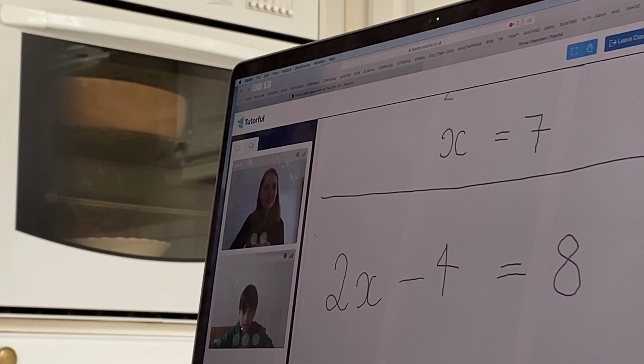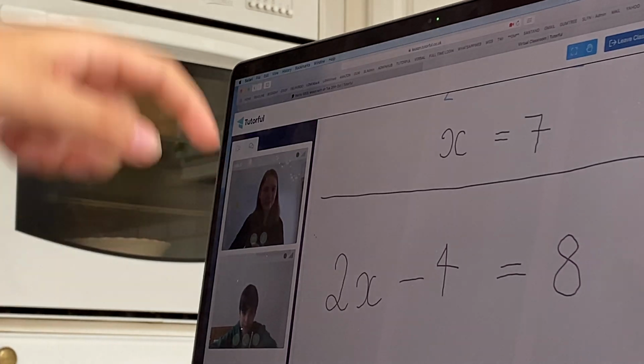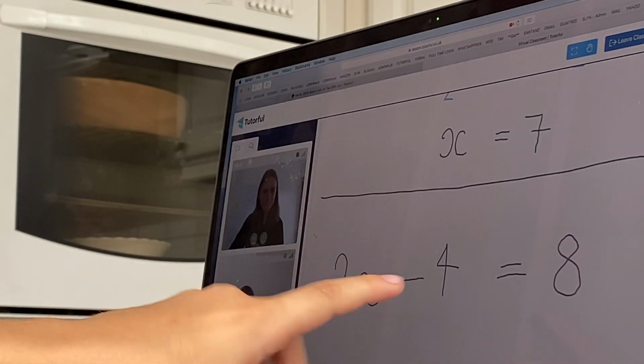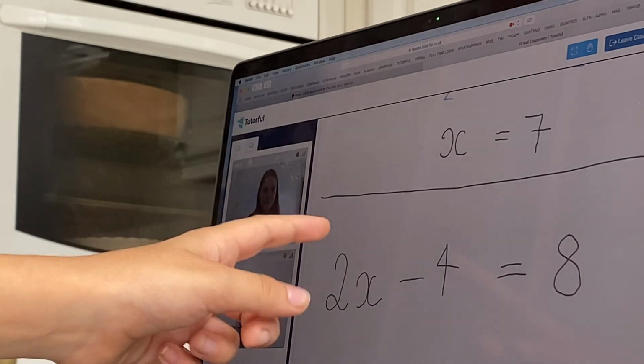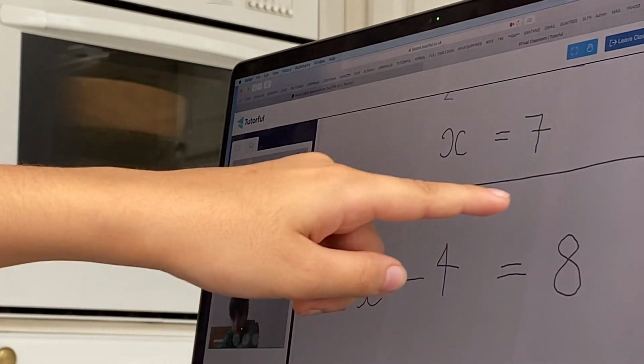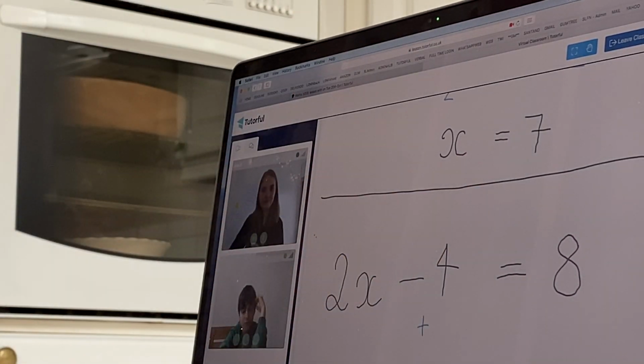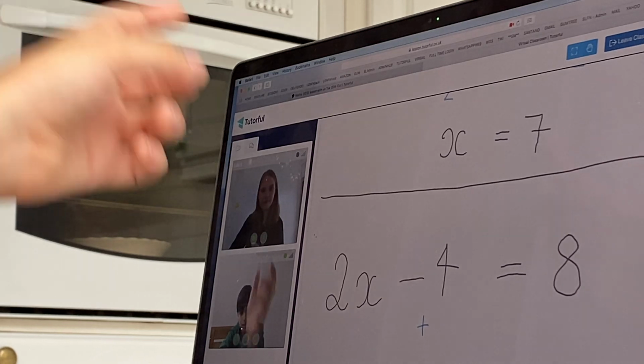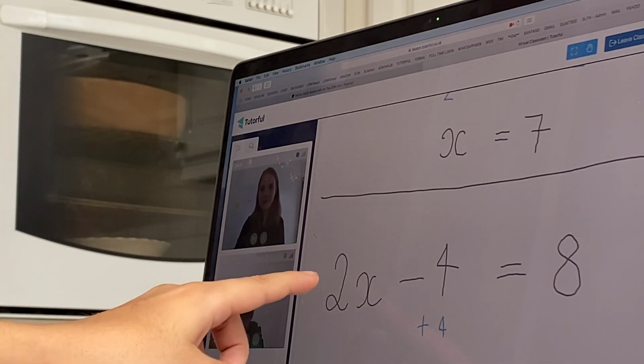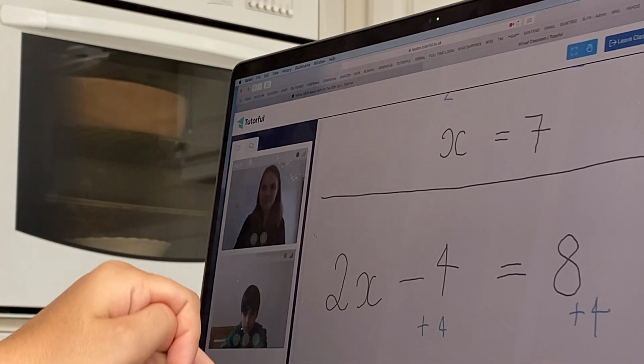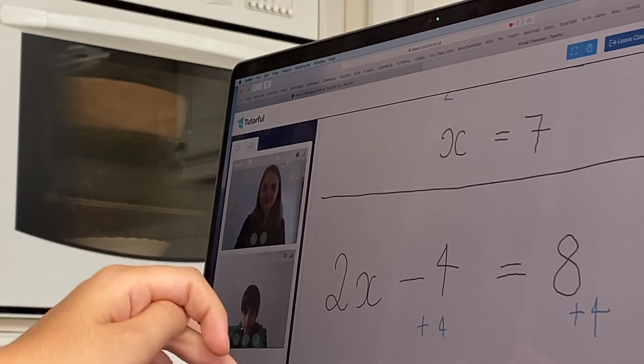But let's try going through the steps. What I did is I added 4 with 8, which made 12. And then once you've done that, you would subtract 2, 12. And then